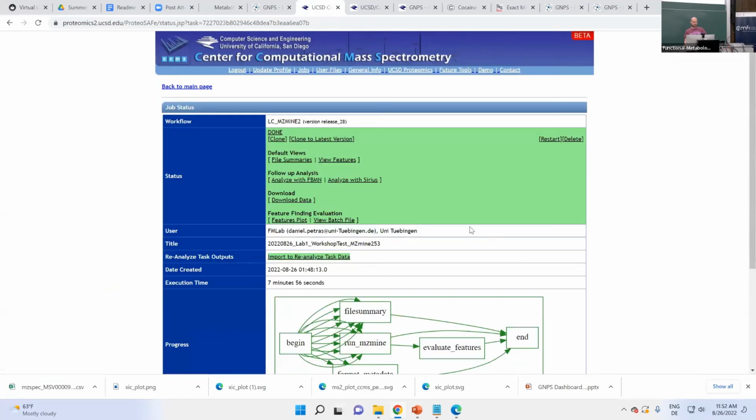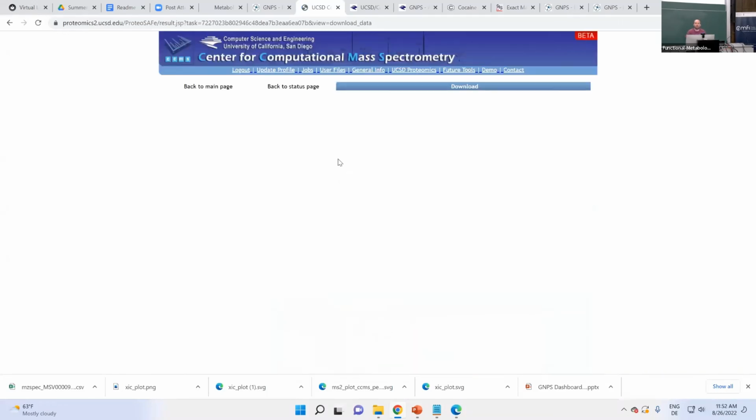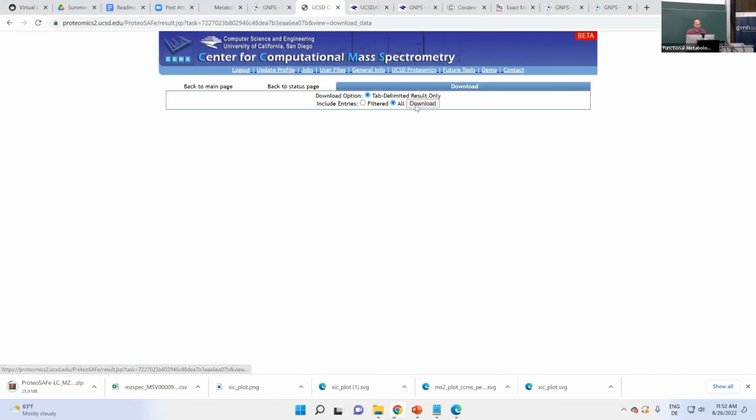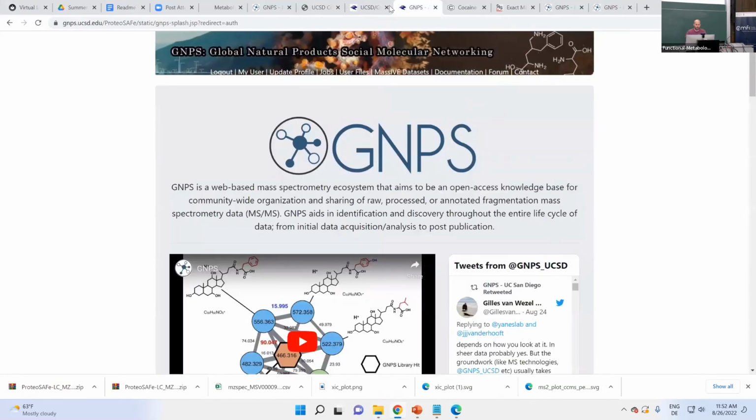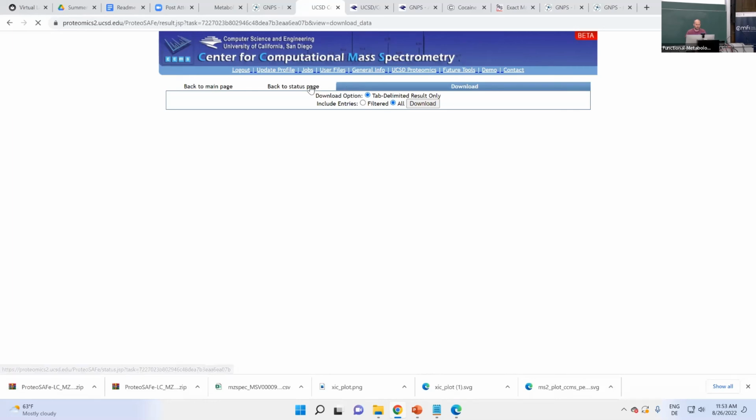So if I click now on the result, I can view the features either here in the list, or I can download the data. If I hit download, it will download a zip folder that contains the CSV and MGF file. So that might be another way you can get to your MGF. But then this is processed with feature finding. And then here just download all, and oh, it's still downloading. And then I can extract this and move on, or way more convenient, let's see where it is,